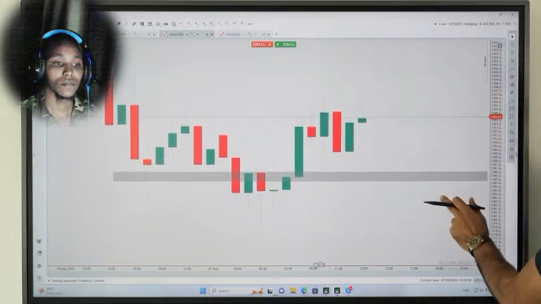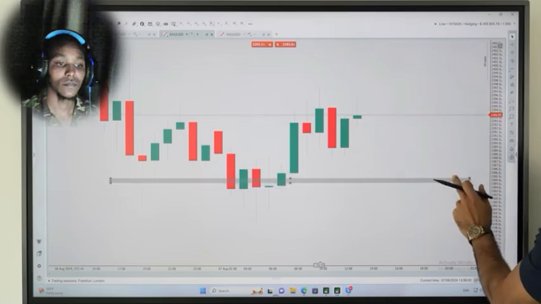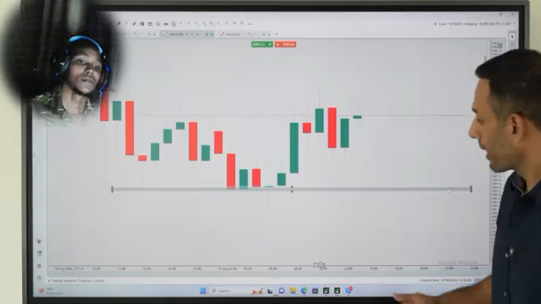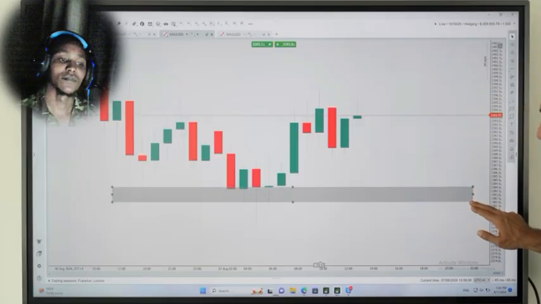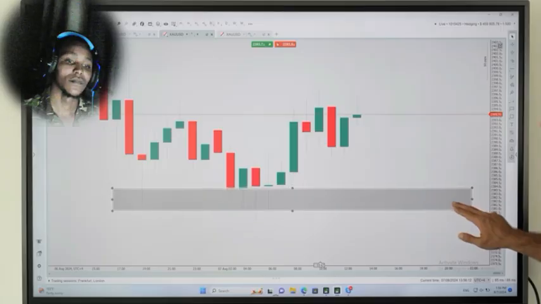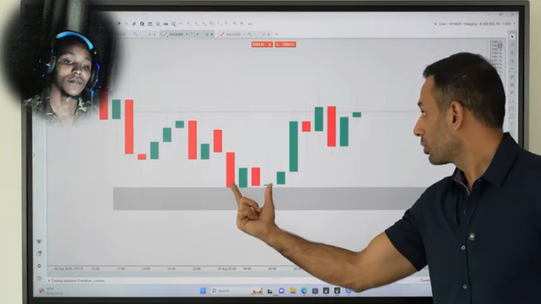One thing I have to stress here is that now we have to adjust the zone right here. One thing that people ask me all the time is, shouldn't this zone be thicker like this? And the answer is no. The reason why the answer is no is because you have to look to see